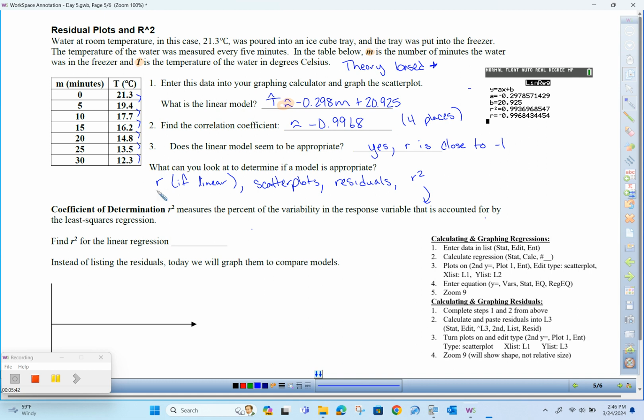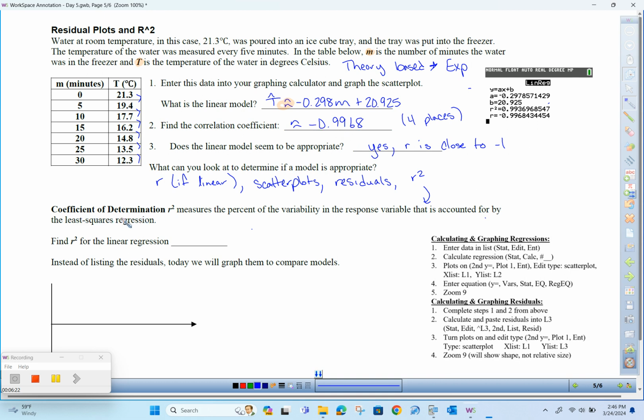Similar to like we talked about with Newton's law or Boyle's law with the pressure. Okay, we have some situations that are supposed to look like this every single time. And when it levels off, specifically, this is a theory-based exponential model. The other example we had was half-life that was exponential, another theory-based model. So while this was a very, very good model with linear, another thing we're going to do is look at